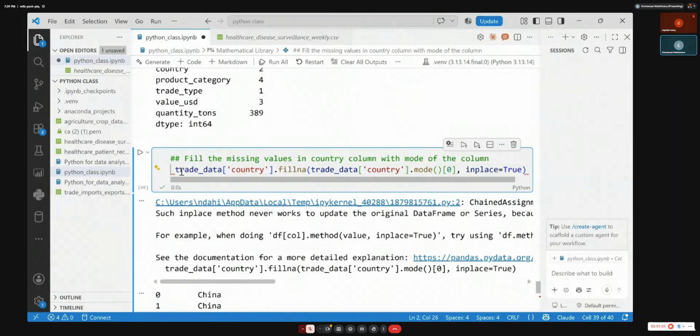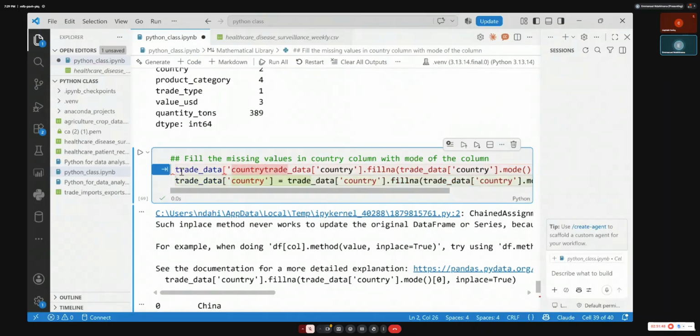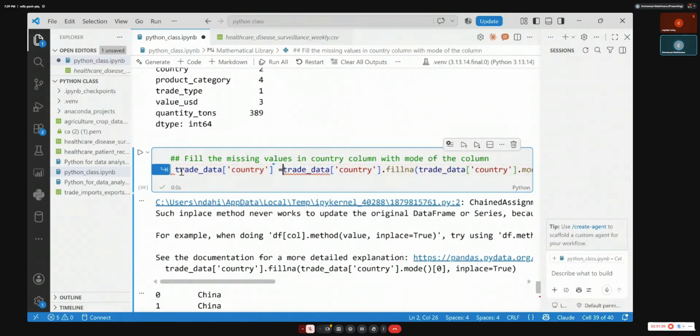So here now you need to take trade data country. Put country as value there like this, to be equal to this.